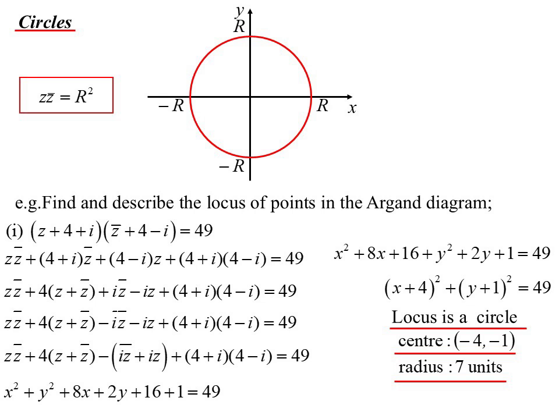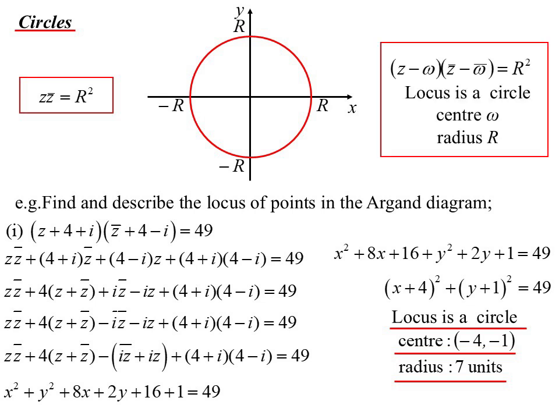So how could I have recognised that from the original equation without having to do all that working out? Well, this pattern will always be true. If I've got a factorisation where it's z minus some complex number, but then I multiply by the conjugates, the difference of those, so z conjugate minus omega conjugate, I see that pattern. I know, yes, that's a circle, and the centre is what I'm subtracting. So the omega